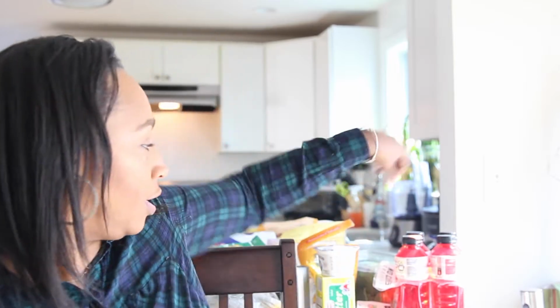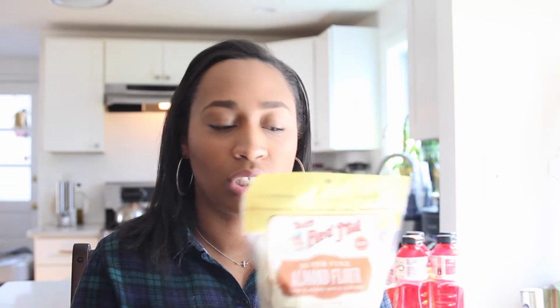So we're going to start off with a big one. This is almond flour. And I use almond flour pretty much anytime I want to make something that is a keto version of something that's not keto. So for example, I use it in baking, I use it in doughs, and anything that would call for flour in general, I will substitute and put in almond flour. So I use it for making keto pizza, and I use,